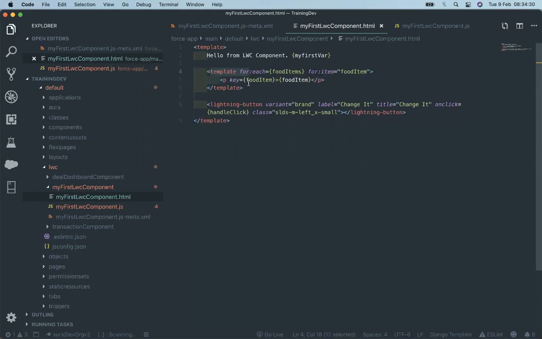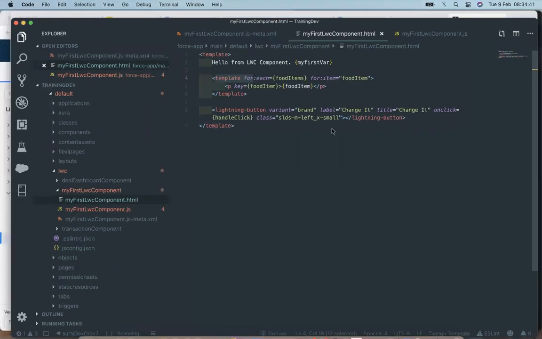So let's, no, first we need to deploy that thing. Let's deploy.